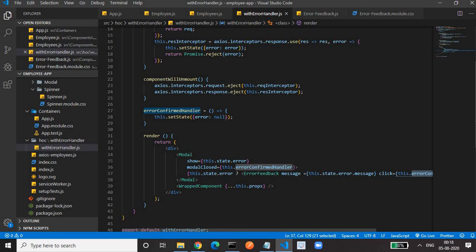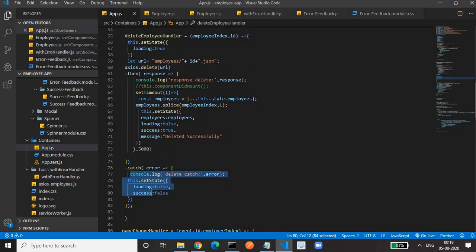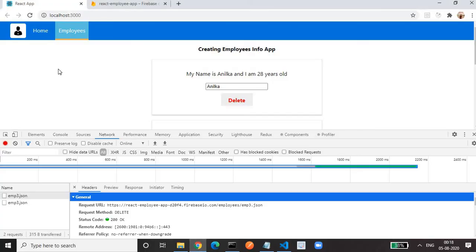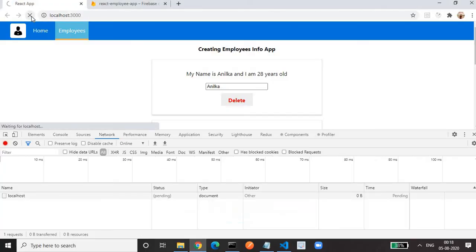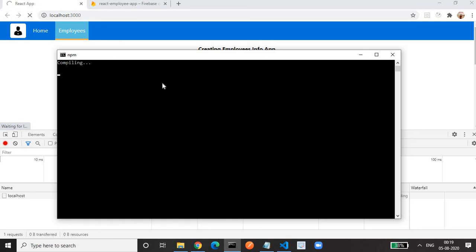Let's see the error by intentionally introducing it. How can we do that in the delete itself? Let's remove the .json. We will get the error automatically. Now the path of the URL is incorrect, so we'll get the error once we try to delete. Let me refresh. It's not compiled yet.